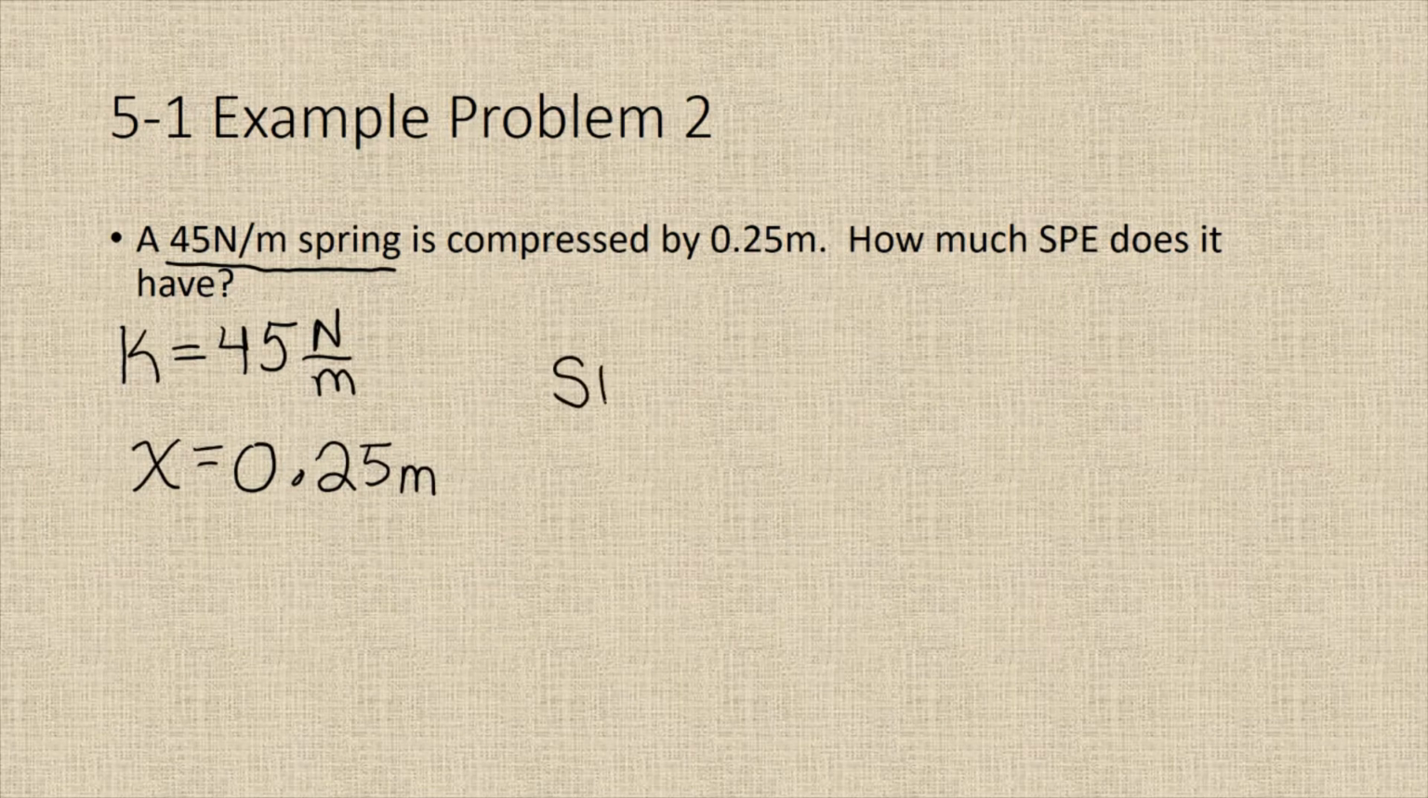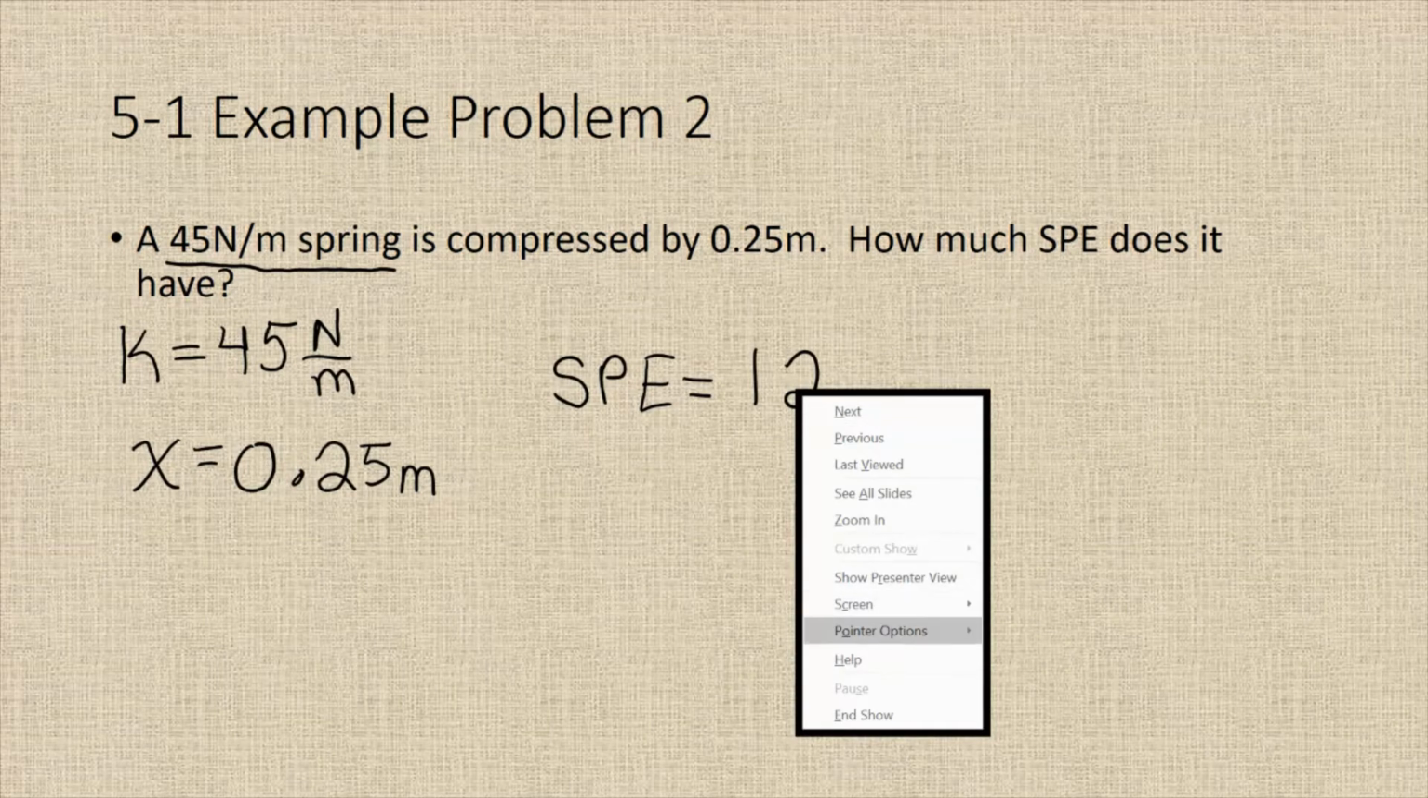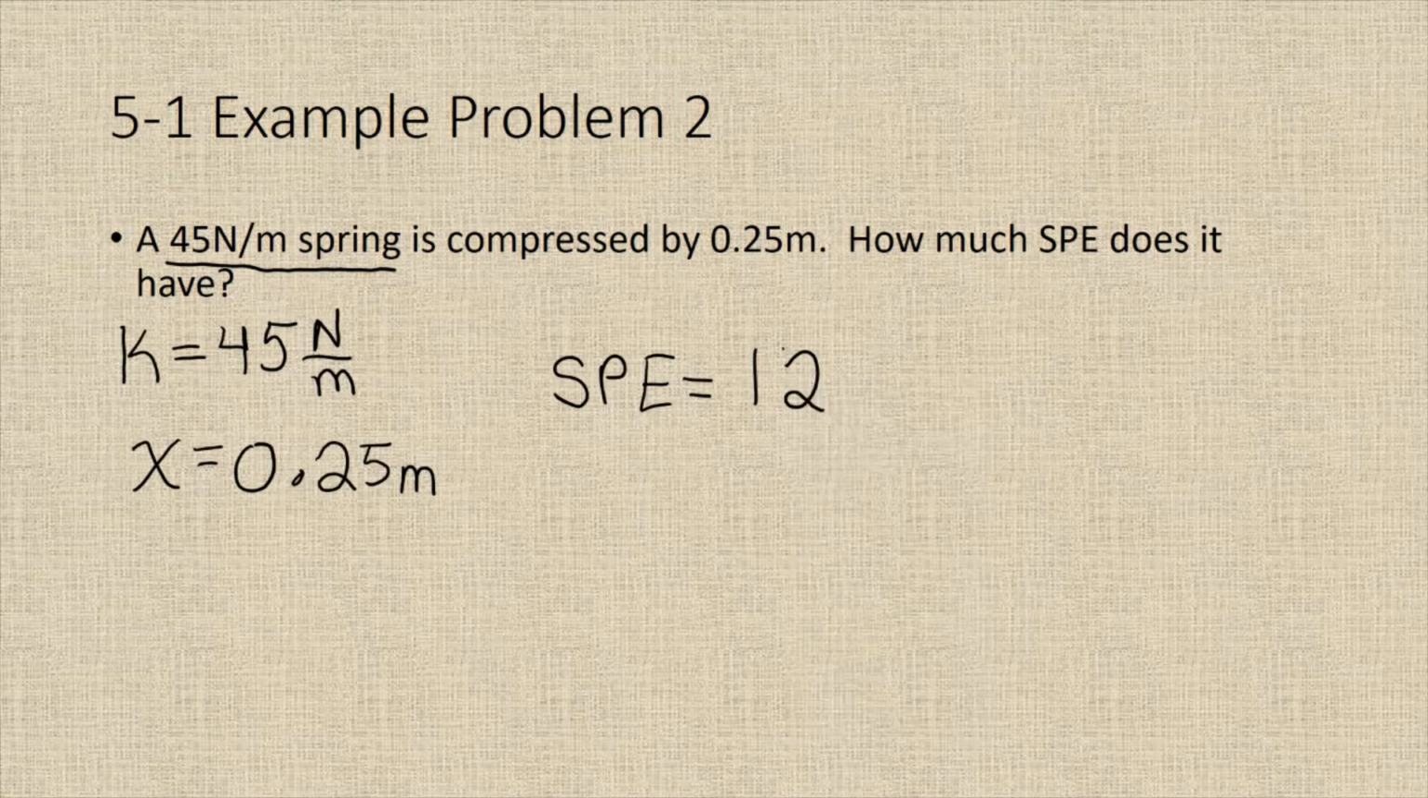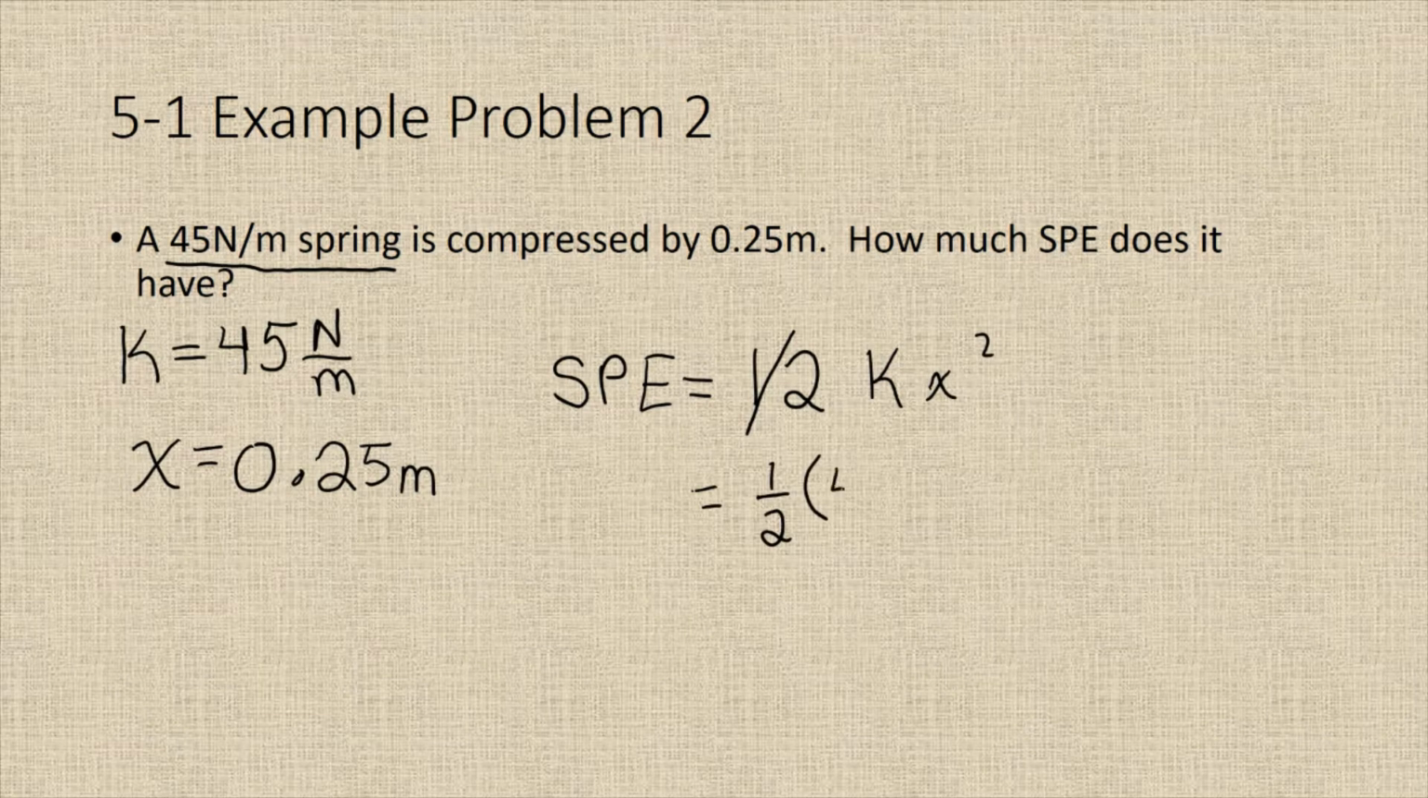And so we just have to plug and chug. Our spring potential energy formula is 1/2 Kx squared. So 1/2 of 45 newtons per meter times 0.25 meters